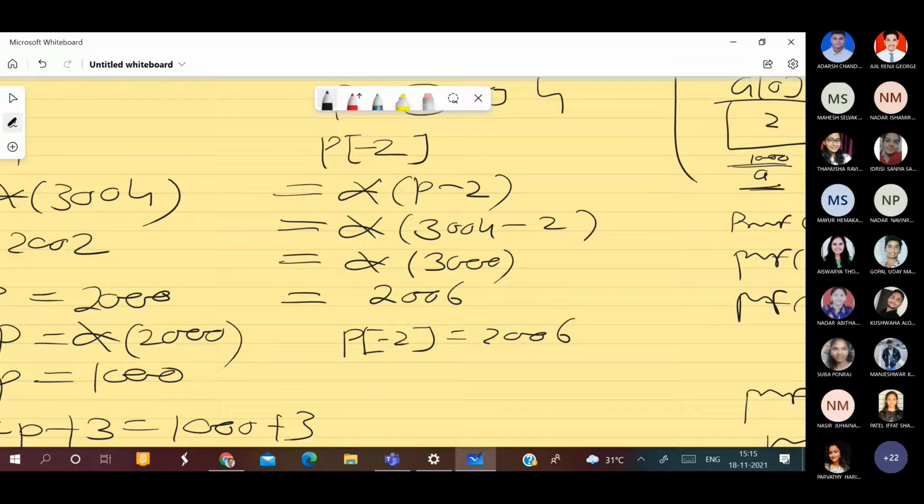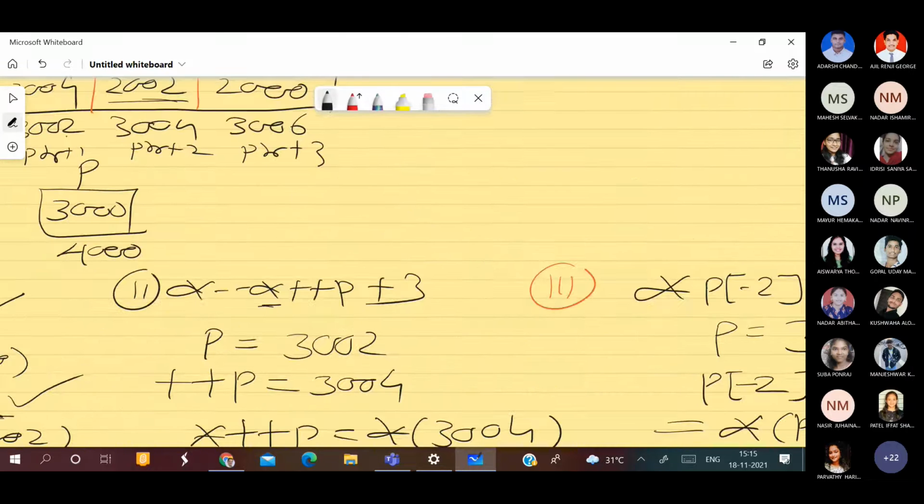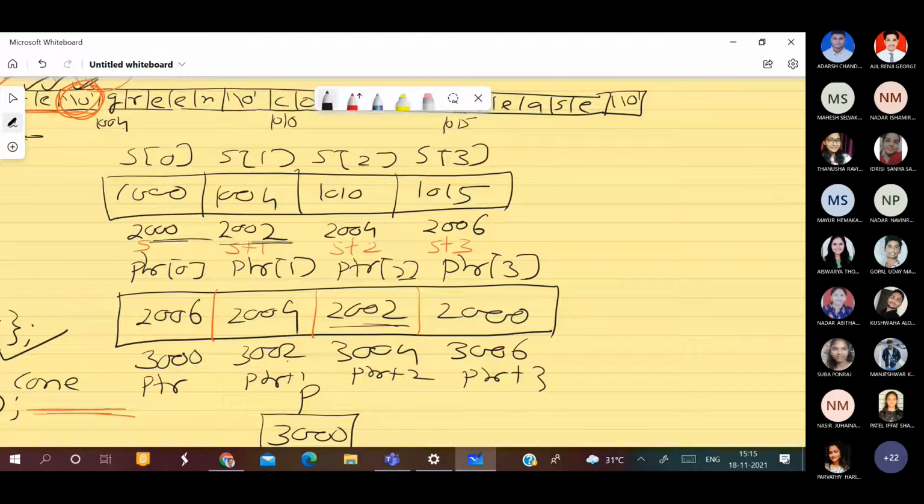So again, put one more star before P of minus 2 and tell me what is star of 2006. What is star at 2006? Look at your diagram. Where is 2006? 2006 means I'm talking about this.